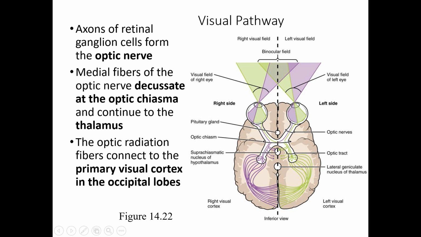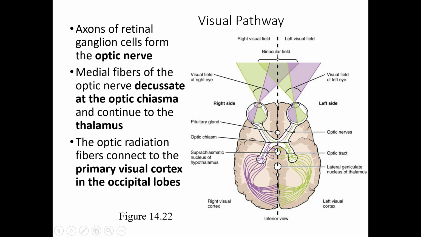In optic chiasm, 50% of those nerve fibers keep going on the same side of the brain, and 50% of the fibers cross on the other side. So that is decussation at the optic chiasma. Why is it necessary? So both parts of our brain could know the things that each of our eyes is seeing. Okay, so after optic chiasma crosses fibers, signals go to the thalamus, and another neurons carry information to the